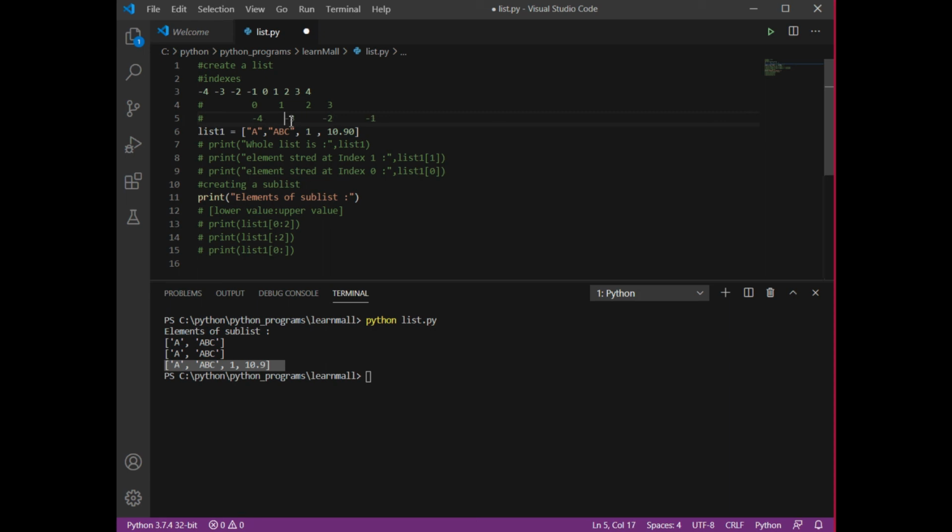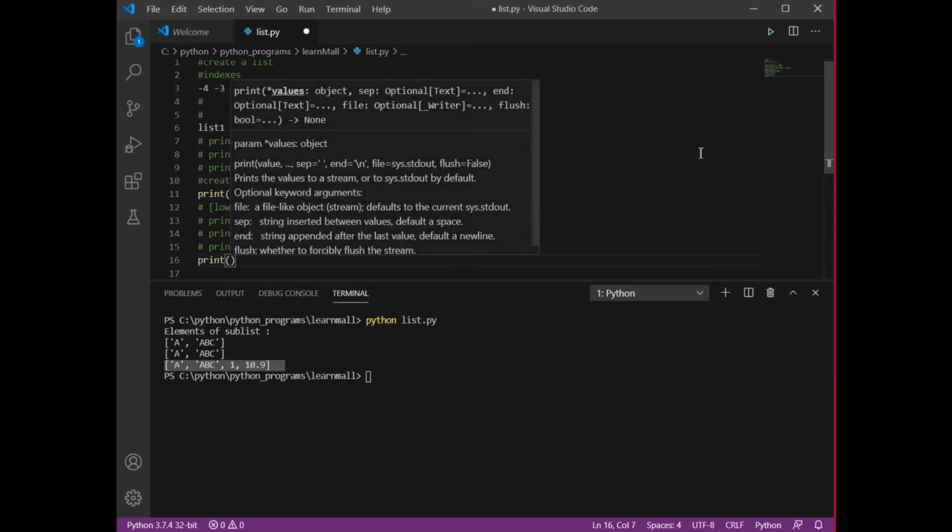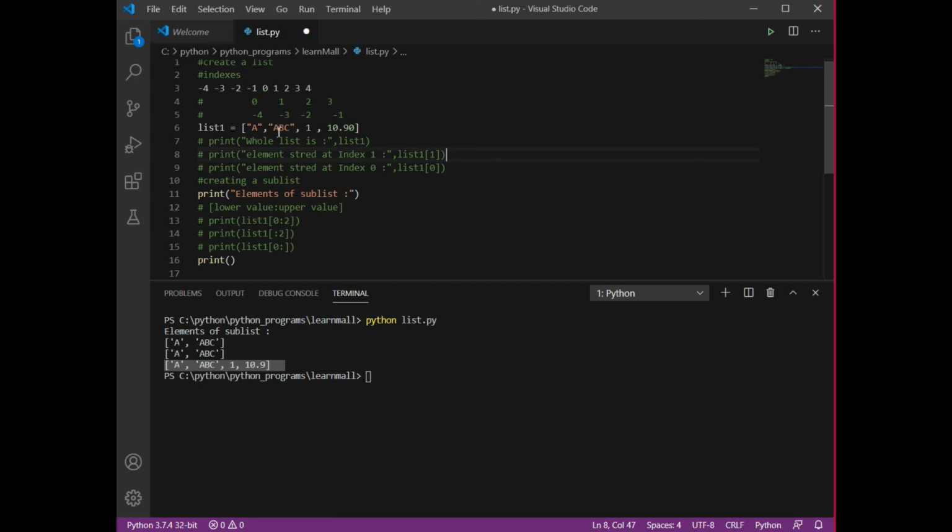Now that is the user's choice. Python has given us the liberty that we can do everything we want to, and in which way we want to do it is entirely our choice. Suppose I want to display ABC only. Instead of moving in the positive indexes, I am going to move in the negative index.